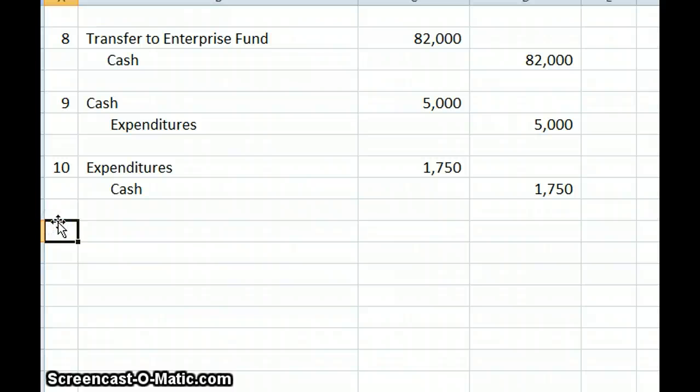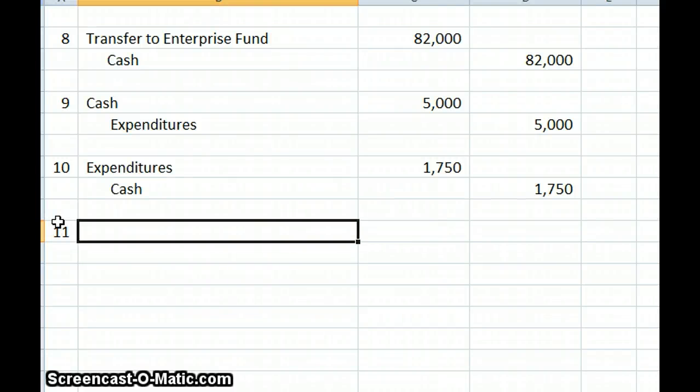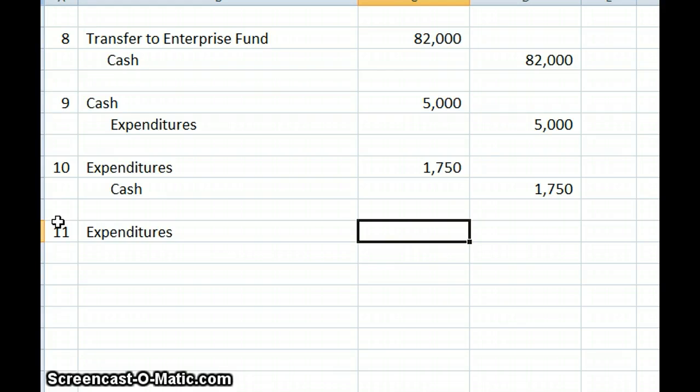And then finally, let's look at number 11. And we have record any necessary accruals at the end of the year. Well, what do we need to accrue? Well, we've already handled the salary accrual, so we don't need to deal with that. But we do have our interest on that short-term note. So we're going to have expenditures for an amount, and our amount is going to be calculated by taking our $300,000 note